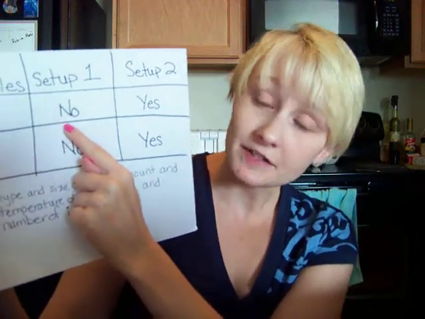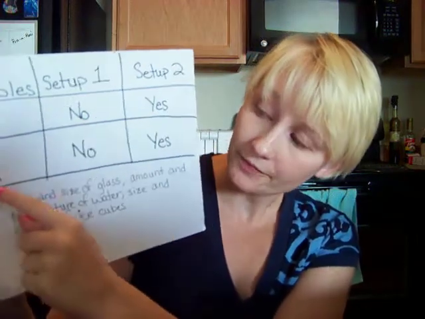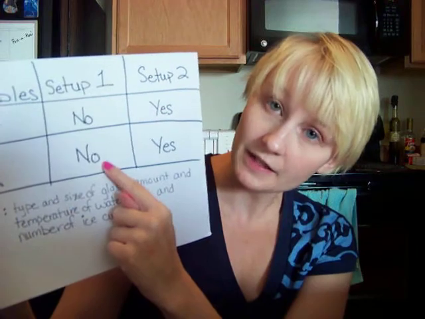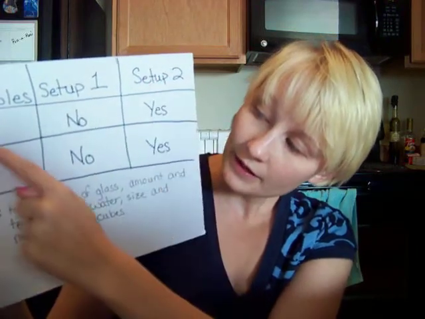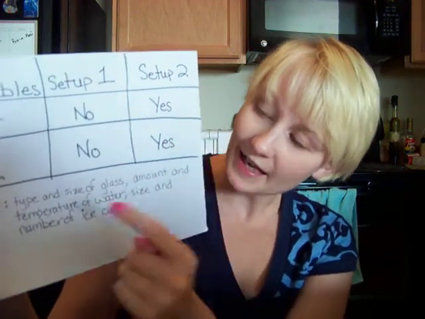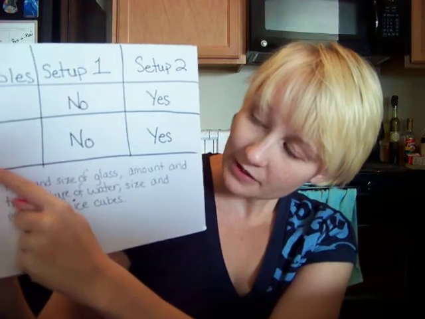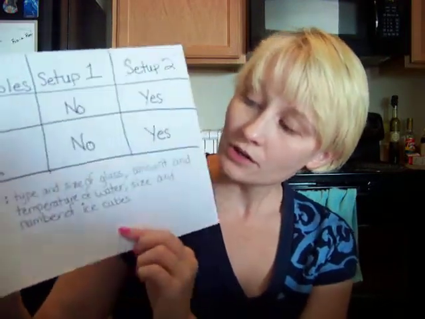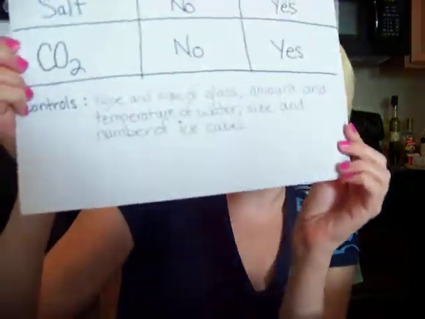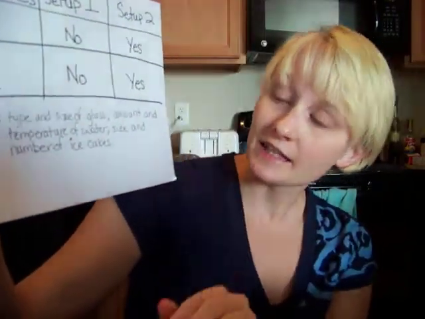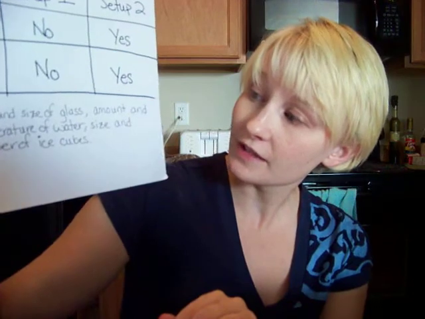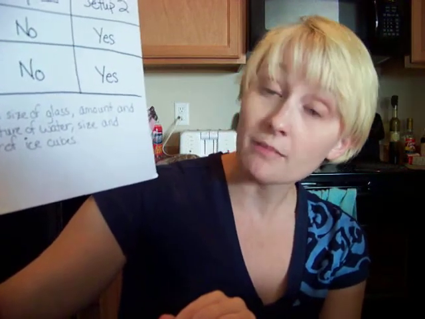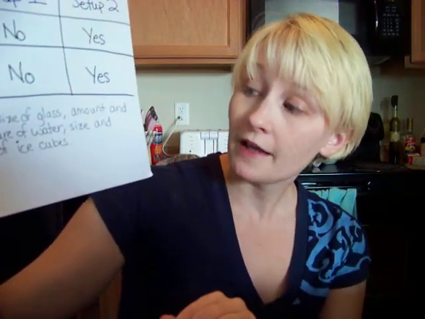I didn't have salt in it, so it gets a no. I didn't have CO2, so it gets a no. In setup 2, I had salt, so it gets a yes. And CO2, I had CO2, so it gets a yes. Don't forget to put the controls at the bottom, the things that stay the same. The controls are the type and size of glass, the amount and temperature of water, and the size and number